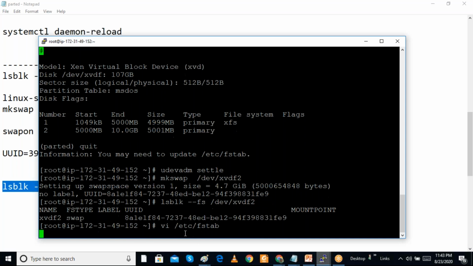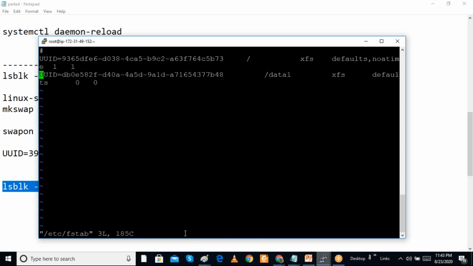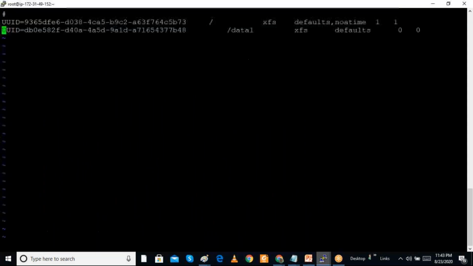I'm going to edit the fstab and add one more line. I am just adding the same line one more time, copied and pasted. We can add a line like this.